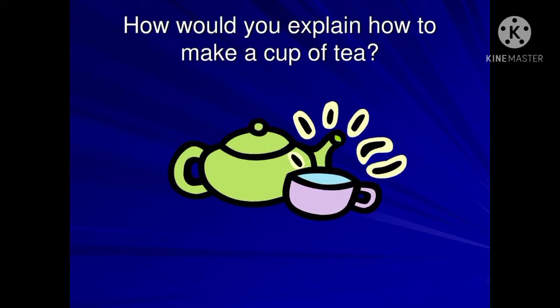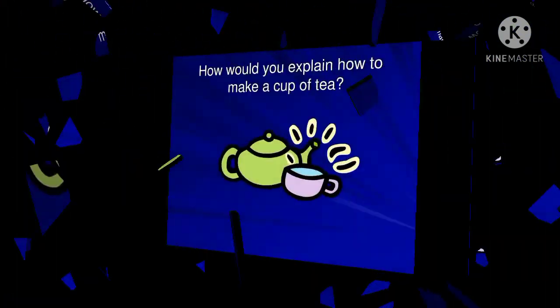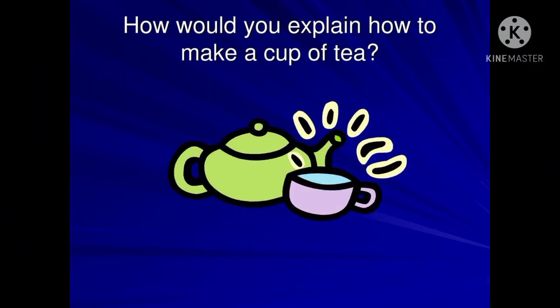Now, let's see the step-by-step process involved in preparing tea. Step 1. Add 1 cup of freshly boiled water to your tea bag, that is in a mug. Step 2. Allow the tea bag to brew for 2 minutes. Step 3. Remove the tea bag. Step 4. Add 10 milliliters of milk. And now the final step. Wait a few minutes before consumption for the tea to reach its optimum temperature.